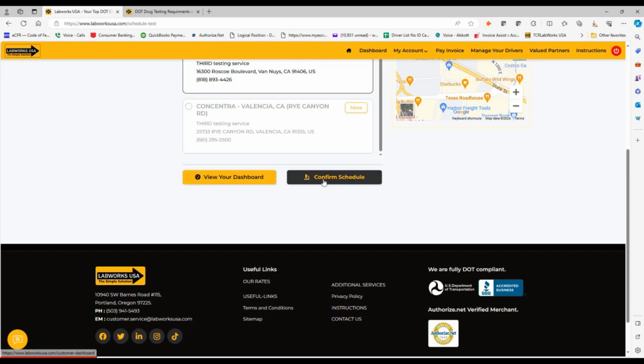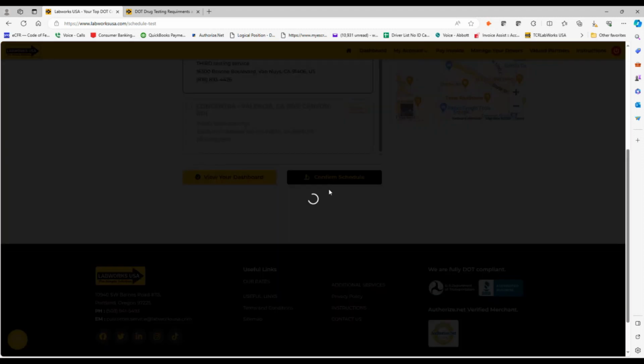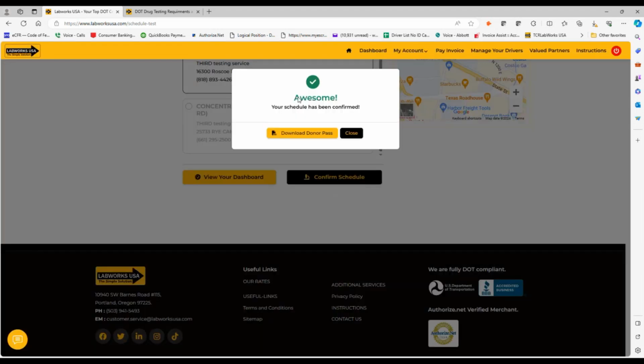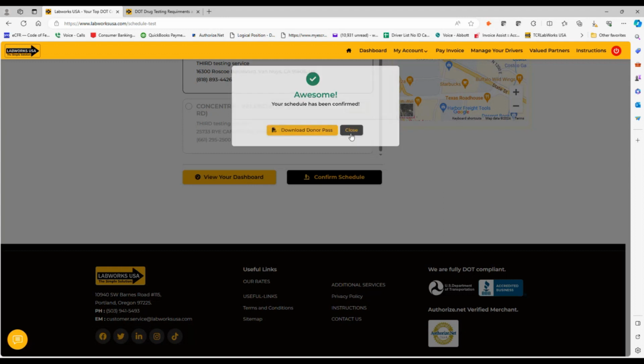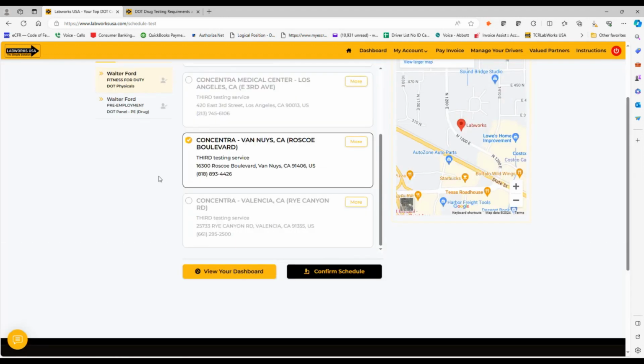Otherwise, you can just go to your dashboard and do this later. But here we're going to confirm this. All right, we've got this. We can download the donor pass, which is the electronic chain of custody form that you'll take to the clinic. Otherwise, if we just click close right there,